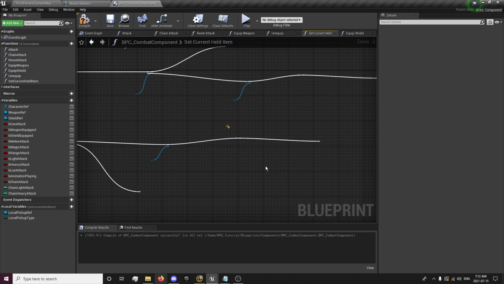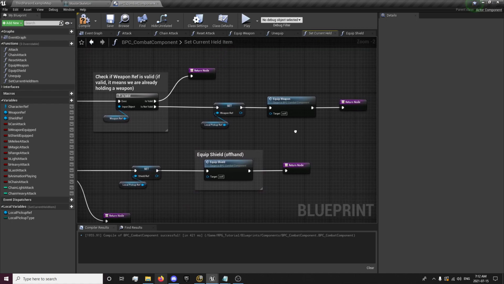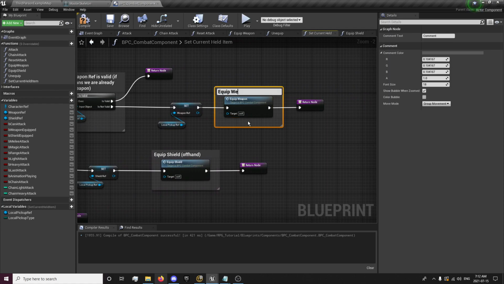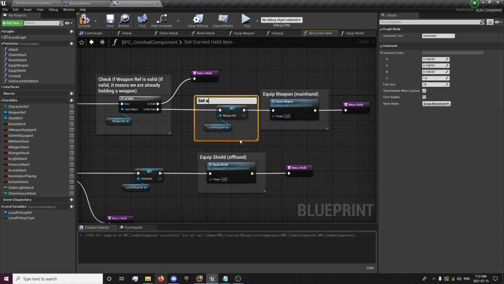And now we will do some commenting. Equip shield. Offhand. Equip weapon. Main hand. Set a reference to weapon is equipped from the